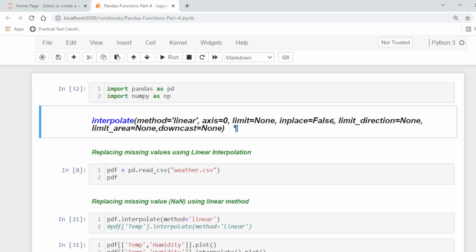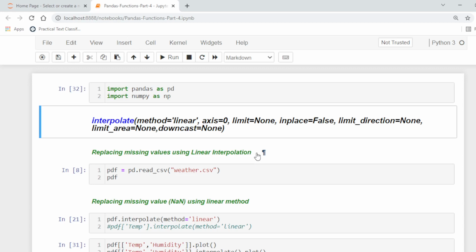The other one is limit area. By default, limit area is none. If limit is specified, consecutive missing values will be filled with this restriction. None means no fill restriction. Inside means only fill not a number values surrounded by valid values, which is called interpolation.